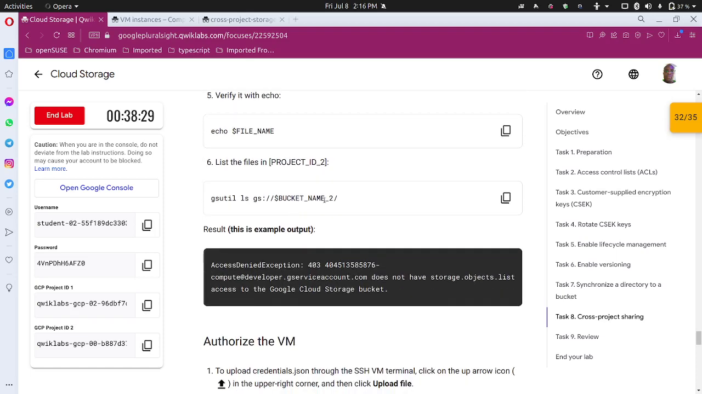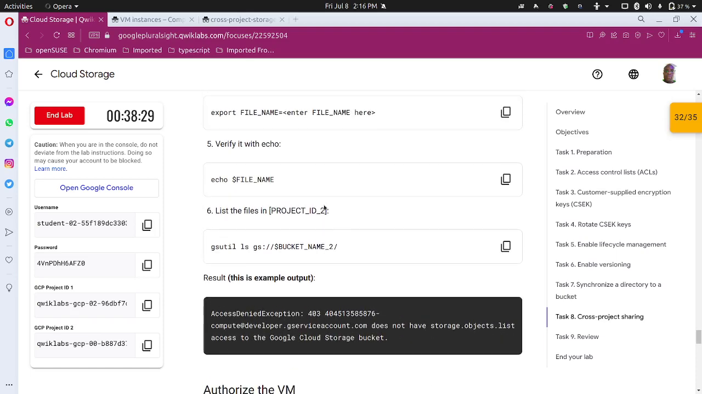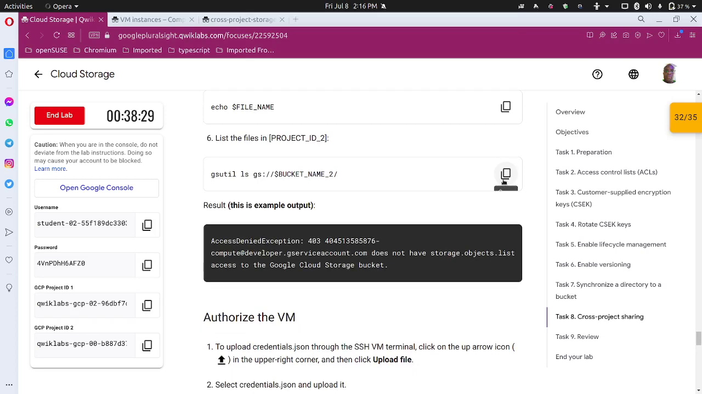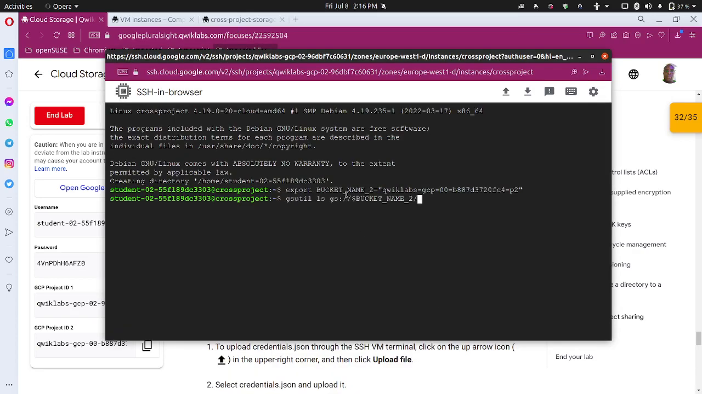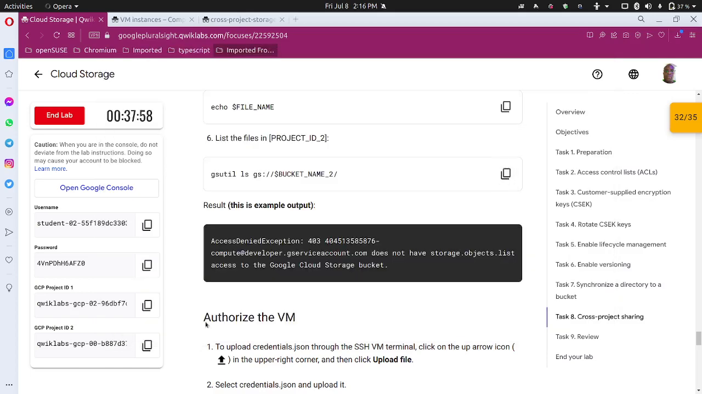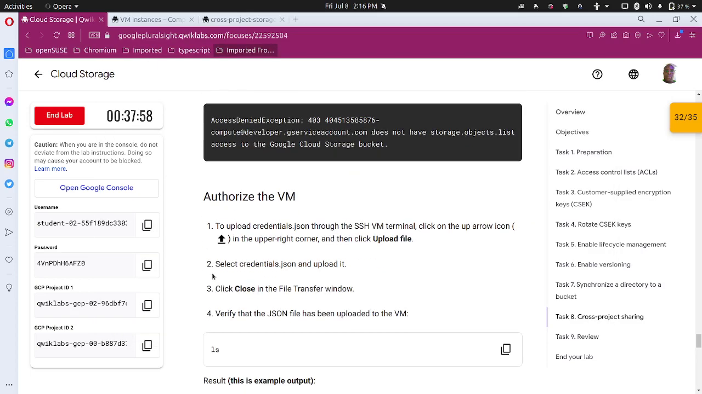List the buckets in, list the items in this bucket. Okay, so let's do that. Access denied. Does not have storage objects dot lists. Okay, all right, so authorize the VM to upload